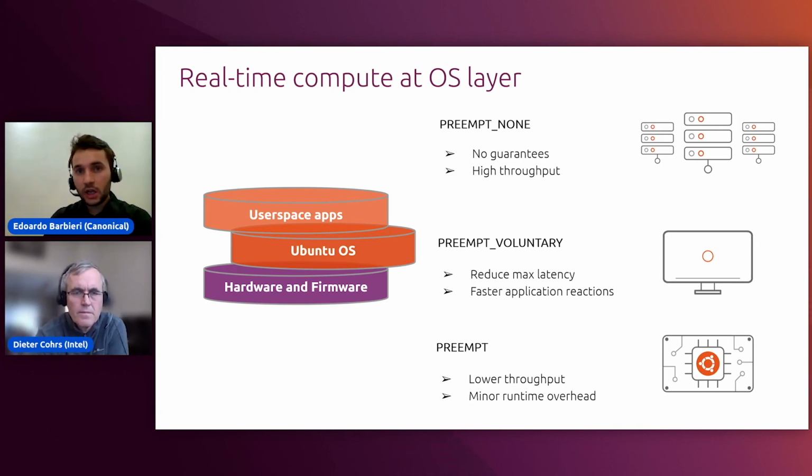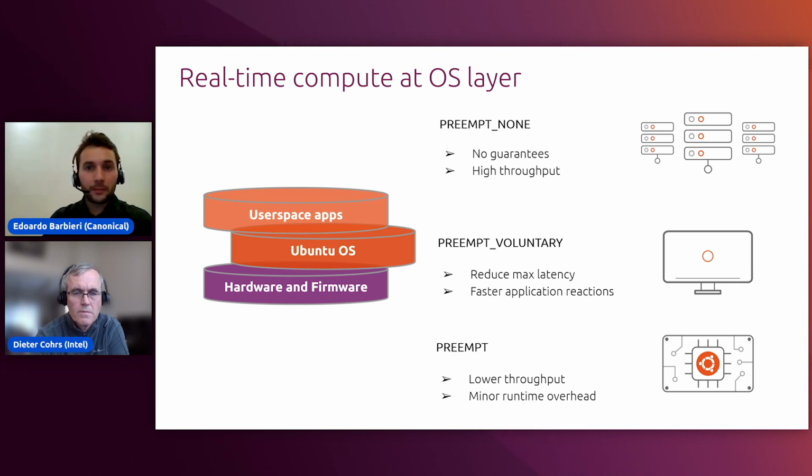The scheduler of the Linux kernel has already several models available to balance the latency throughput trade-off. And depending on where you want to be on that spectrum, you can get closer to the guaranteed bounded response time and minimum latency that we want from a real-time kernel. So for instance, at the opposite side of that latency throughput trade-off, the non-preemption case is for server workloads, and this is the traditional Linux model, which maximizes the raw processing power of the kernel irrespective of the scheduling latencies.